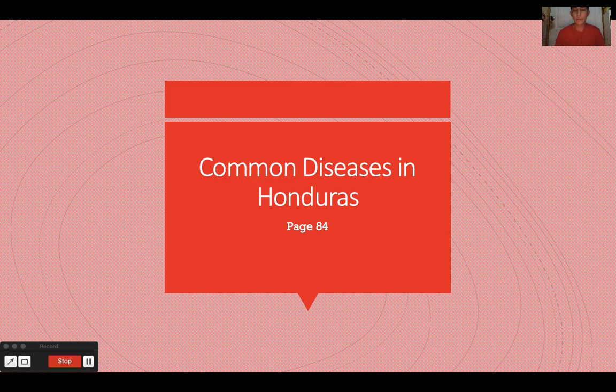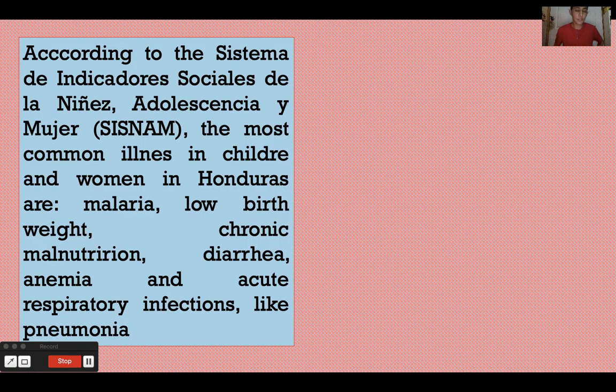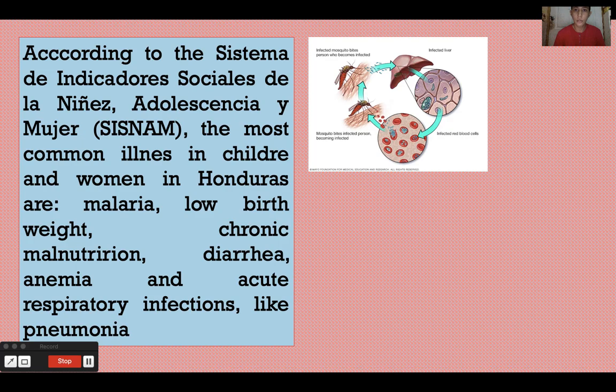Okay, so for today we're going to talk about the most common diseases in our country. So for that you have to open your book on page 84. Okay, page 84, common diseases in Honduras. Let's read. Okay, according to the Sistema de Indicadores Sociales de la Niñez, Adolescencia y Mujer, SISNMA, the most common illnesses in children and women in Honduras are: number one, malaria, that is caused by a mosquito;